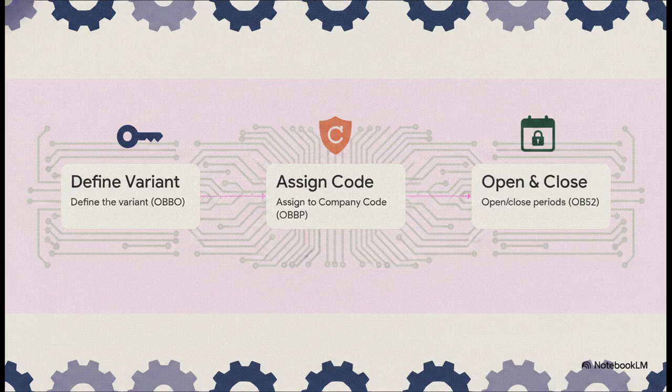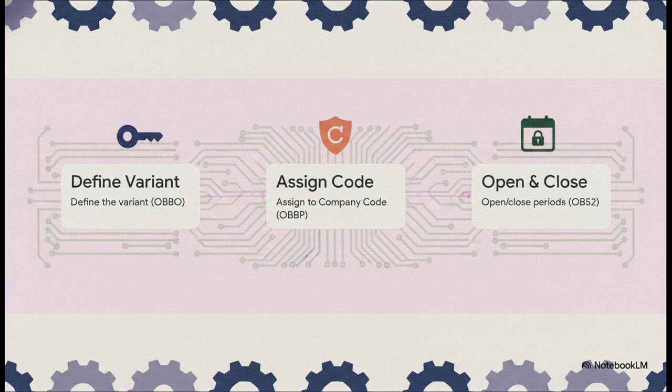Step 1, you define the variant itself using T-code OBBO. Step 2, you assign that newly created variant to your specific company code using OBBP. And finally, Step 3, the ongoing operational step where you actually open and close the periods using T-code OB52. This controls posting authorization by account types, making sure your accounting team is only ever making transactions in valid, open